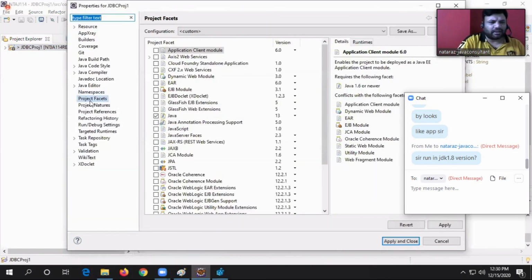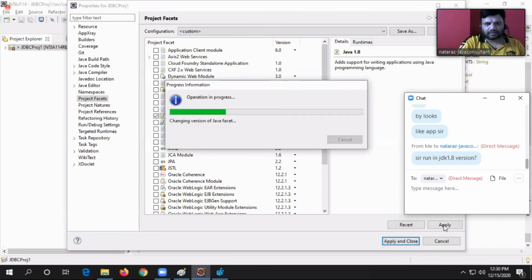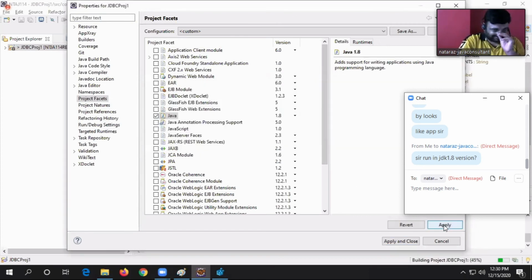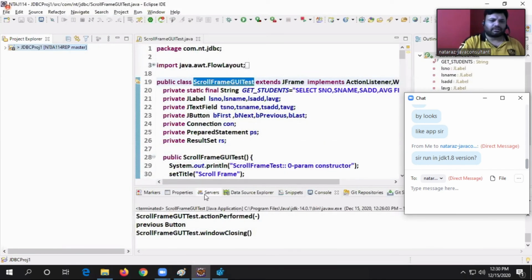I'll simply make this one as what? Project facets, I'll make it Java 8. Java compiler, change it to 8.